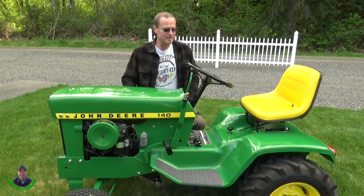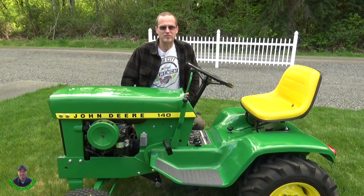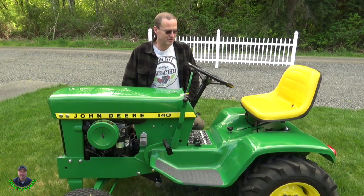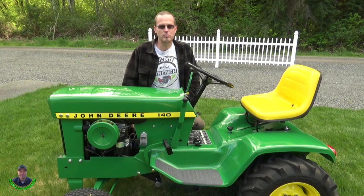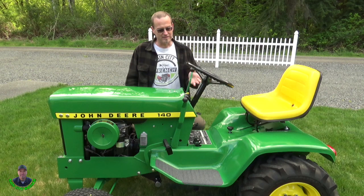Now I just completed the restoration on this yesterday. It took about 4 months of virtually all of my spare time, weekends, most evenings after work, to get it into this condition. It is completely done. There's nothing that I haven't restored on this. Every single bolt on it's been restored. I think it was about 220 painted pieces and about 600 pieces total to get this thing back in